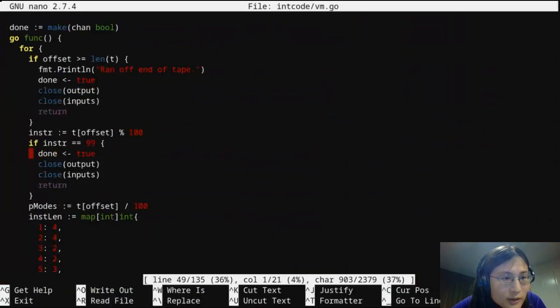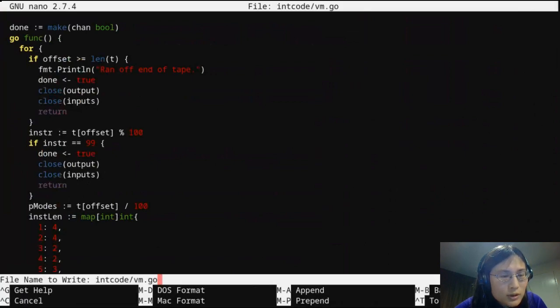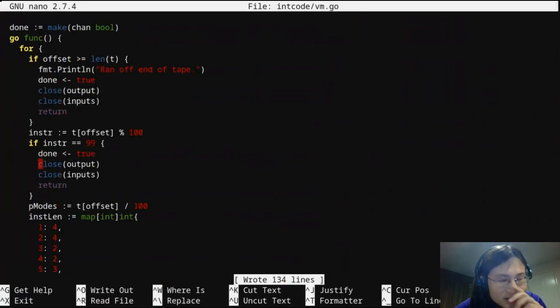Oh, trying to output to done. Oh, but only one thing is reading done. And then the rest of this never fires because nothing else is reading done.